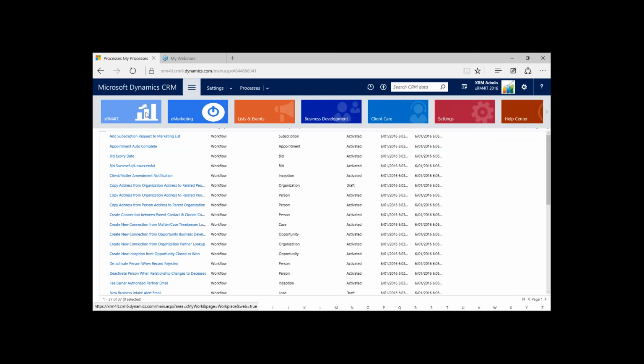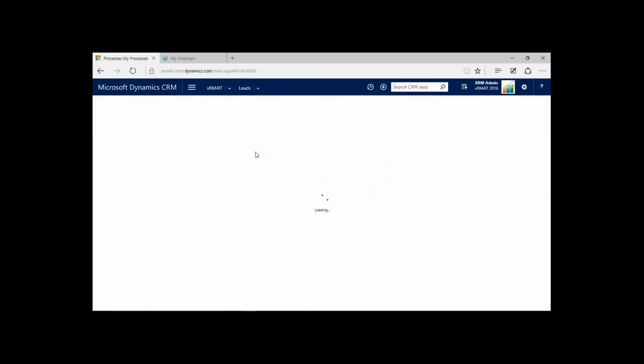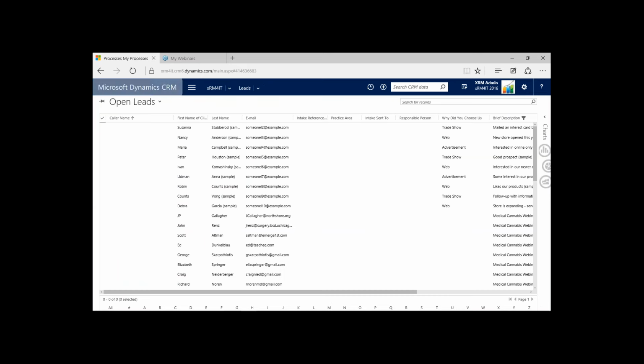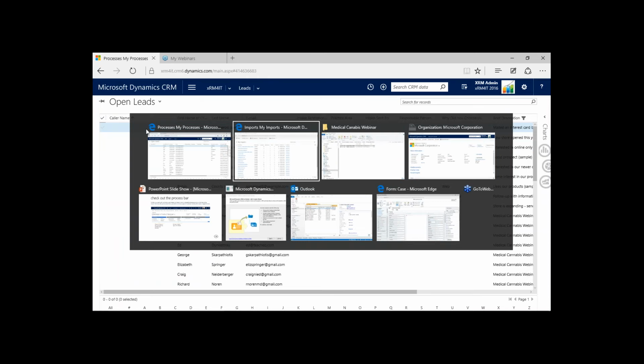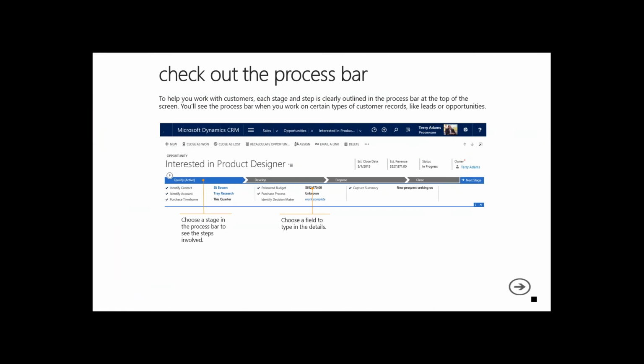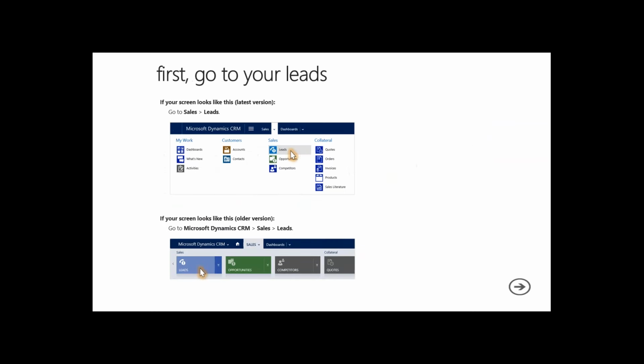And as an example of how that gets used in our leads, and perhaps look to edit an existing record, or maybe open or create a new record, we can see how business process flows are used within the application. And as per the slide, they are important to the business,